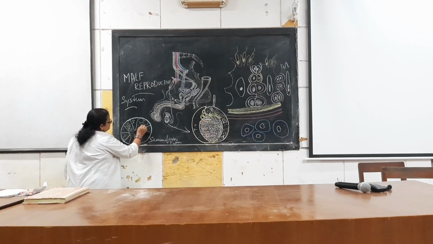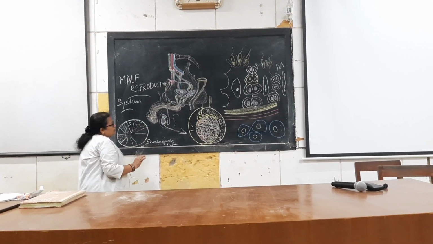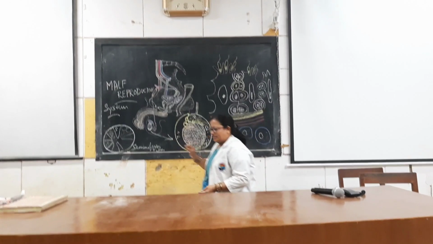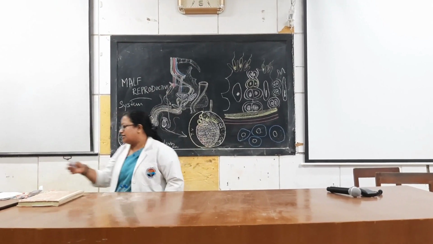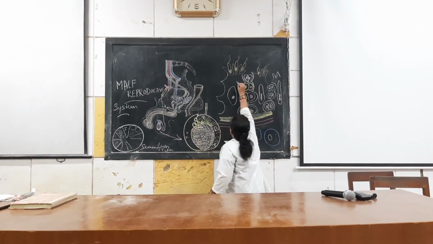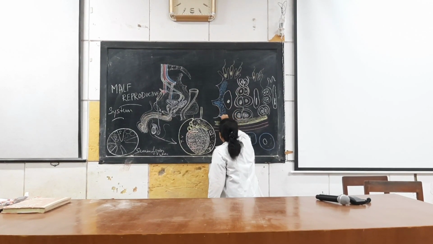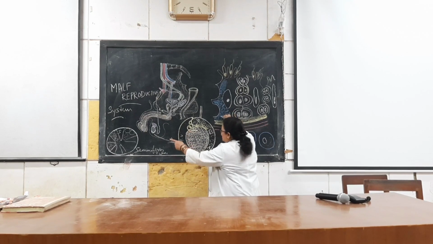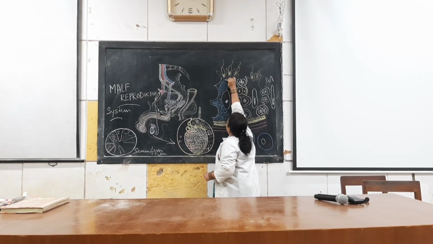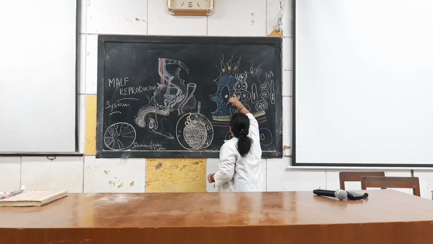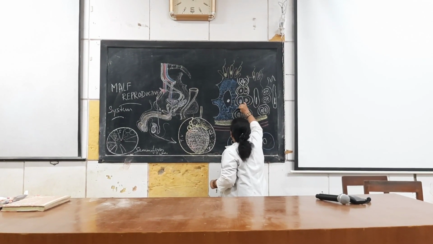And here we go into detail with this structure. So you see this diagram. This bluish one is the Sertoli cell. I am showing the enlarged view of this. So this is one Sertoli cell, which has a branch-like structure.